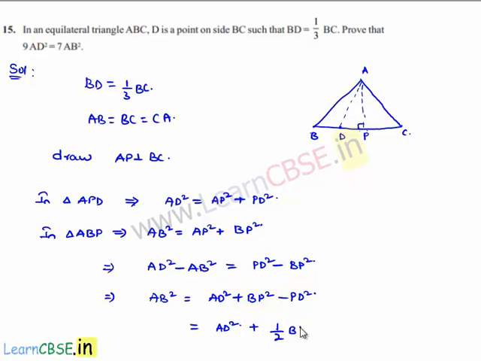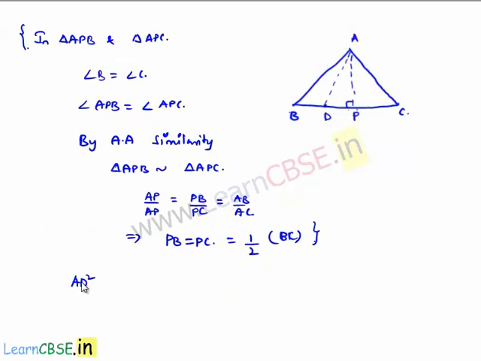So half BC whole square is nothing but BP square. Then the equation becomes AB square is equal to AD square minus PD square plus BC square by 4, which implies AB square is equal to AD square minus,